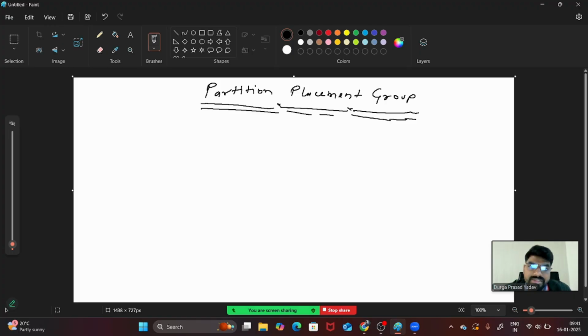The third one is the limitation: you can use only compute optimized and memory optimized instances.